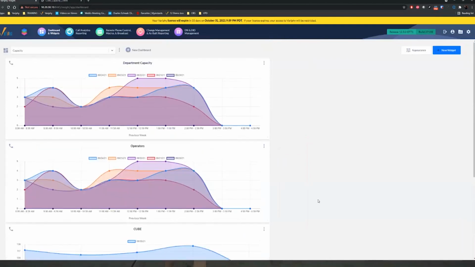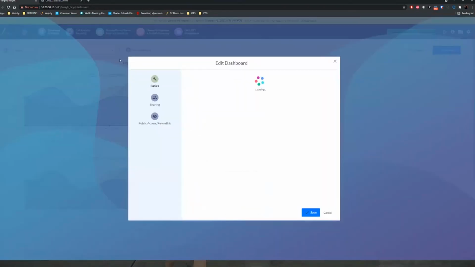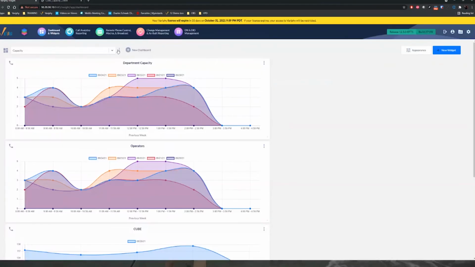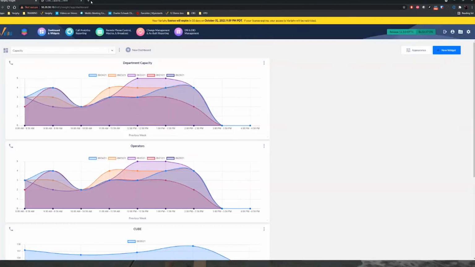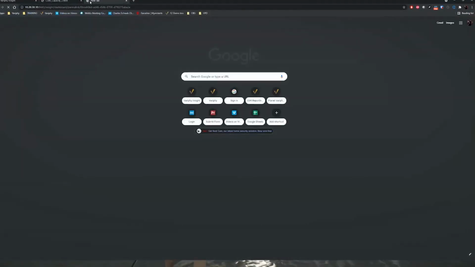And if you weren't aware, I could show you something really neat that I love to show people, being able to share this dashboard out with people. So let me go back here. If you click these three little dots next to your widget name, and you go to edit, actually go to our public access permalink here, and make sure you click that. If you copy this, save it, you can actually send this off